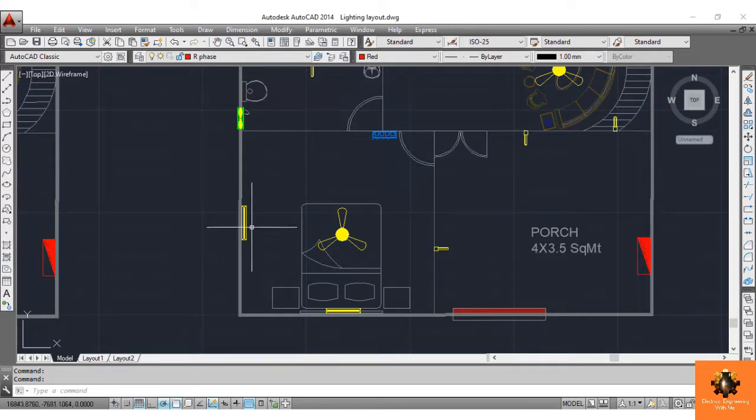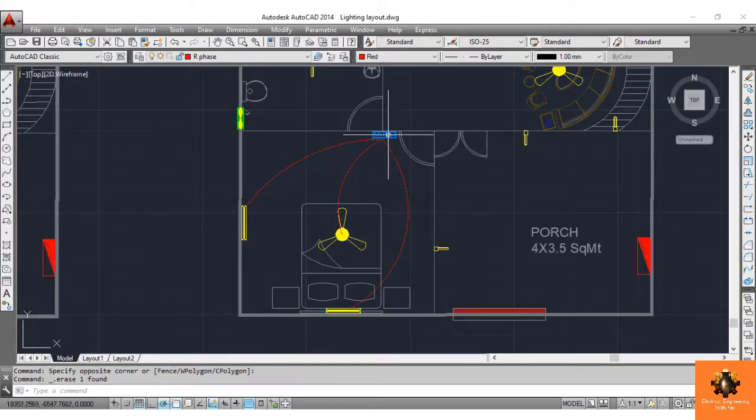Now see here, I want to control this fluorescent lamp from this switchboard. So to highlight the connection, take arc A, enter, then join this light to this board. Similarly, this light and this fan are also controlled through this switchboard. So for this bedroom, these fluorescent lamps and this fan are controlled through this switchboard.